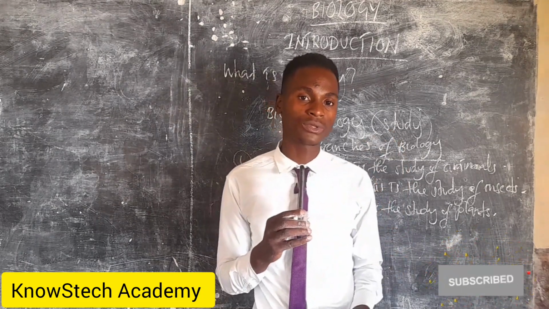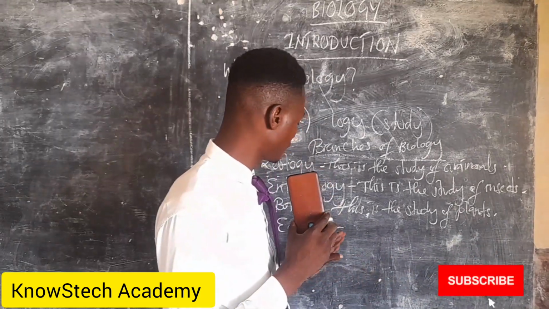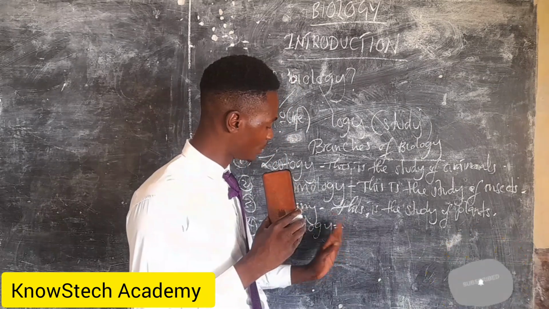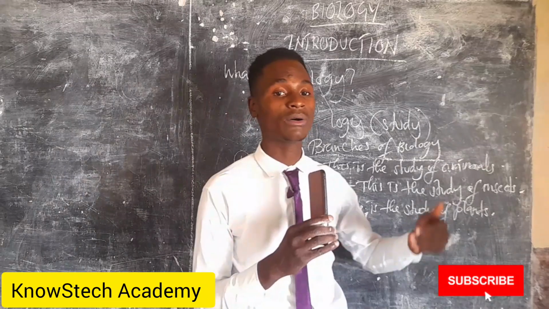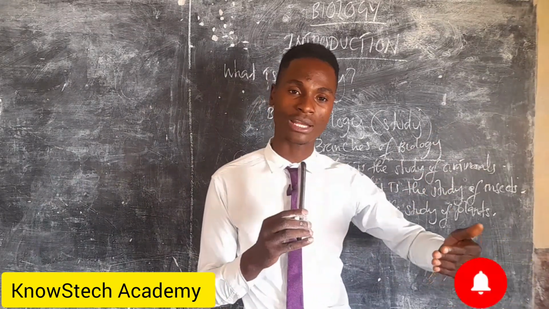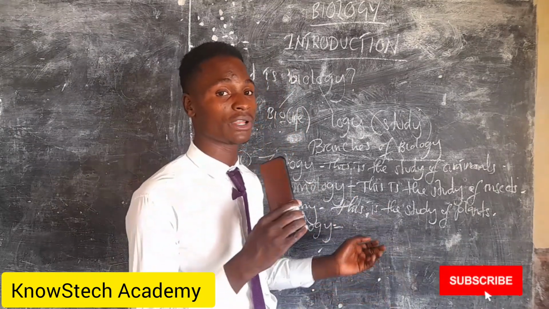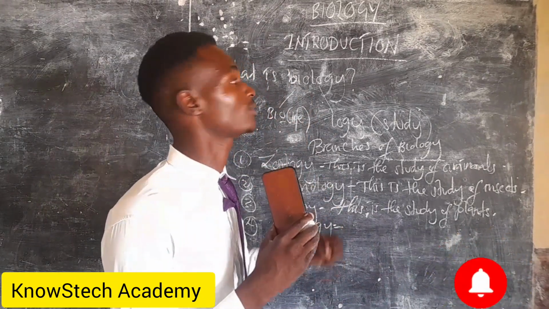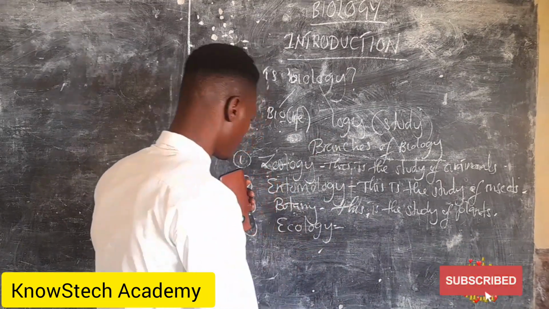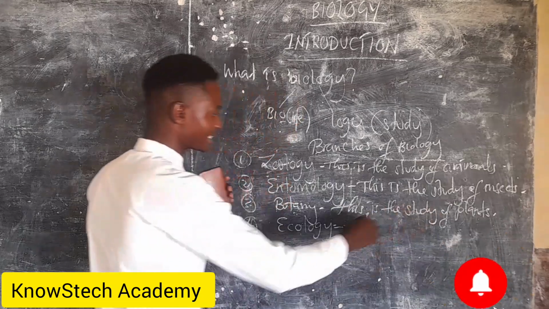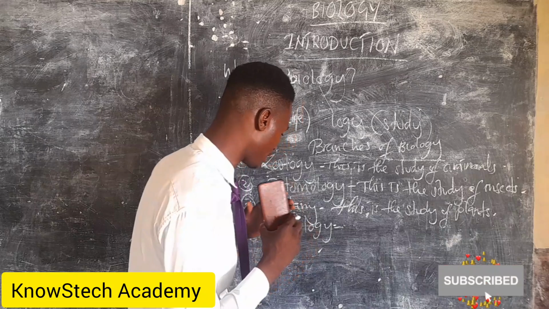That is ecology. Under ecology, you also look at ecosystem, the issue of population, community, niche, habitat, and examples of habitats, terrestrial and aquatic habitats. To mention but a few, under ecology we also look at how energy is transferred from one organism to another. We still have a long way to go. This is just an introduction to biology. We will look at these branches in detail.